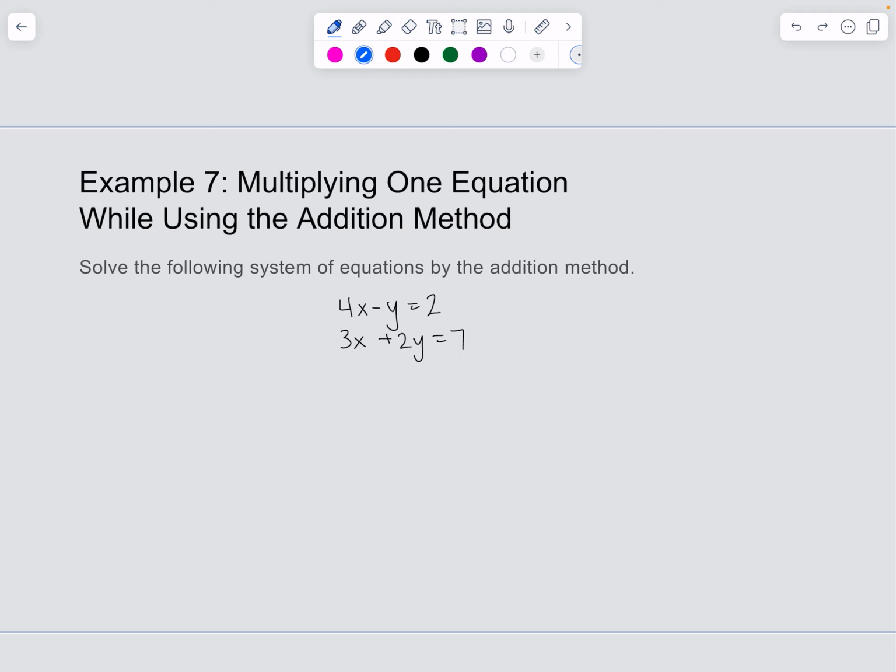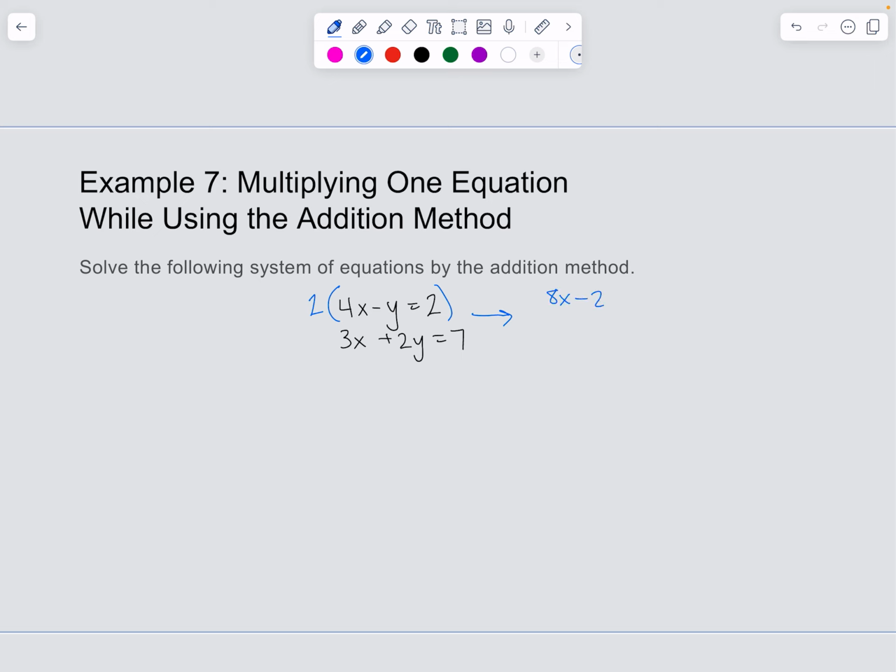Here, the most simple move that I can see right away is I have positive 2 here, so I can easily multiply by 2 on the first equation and get a negative 2. Then they'll be opposites of each other. So that's what I'm going to do. I'm going to take this one and multiply by 2. So that's going to give me